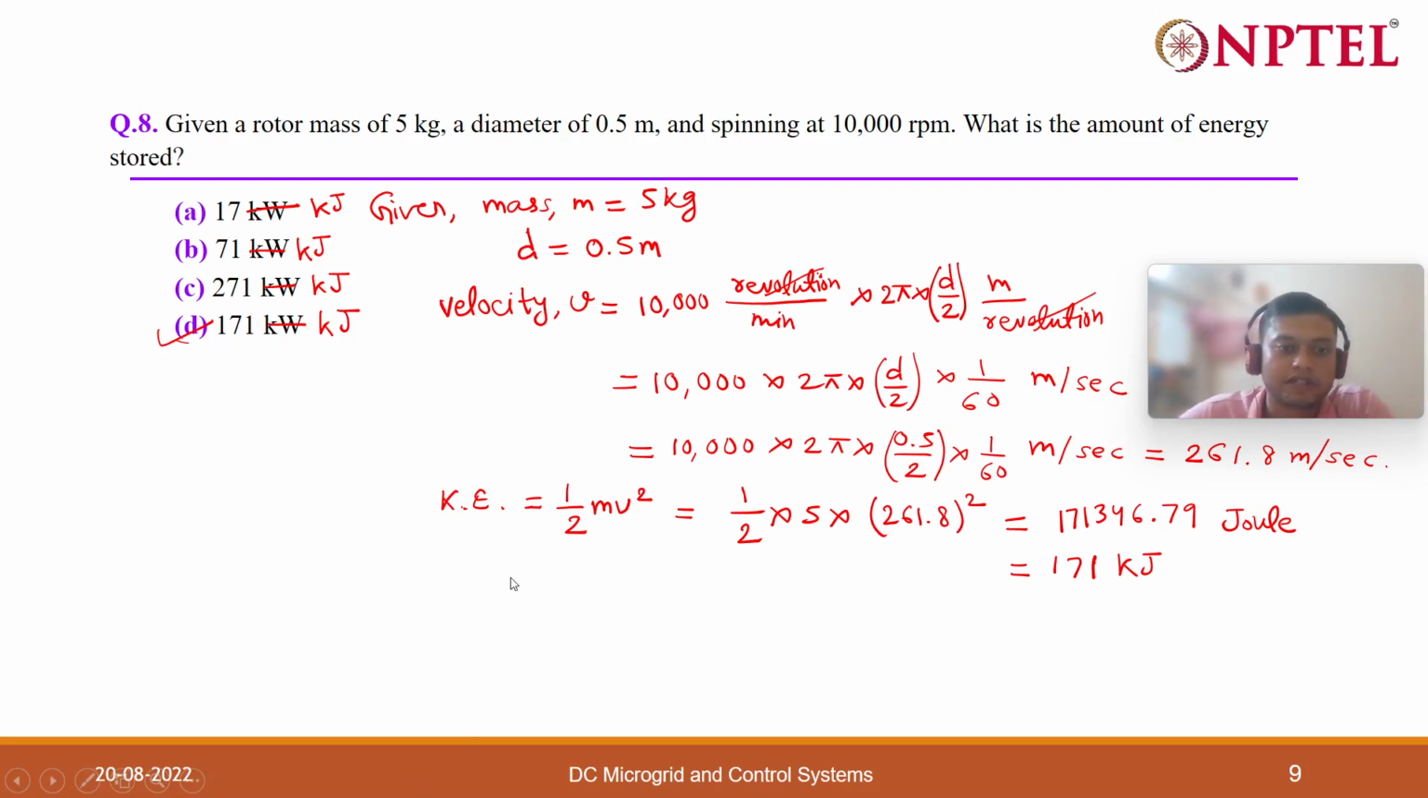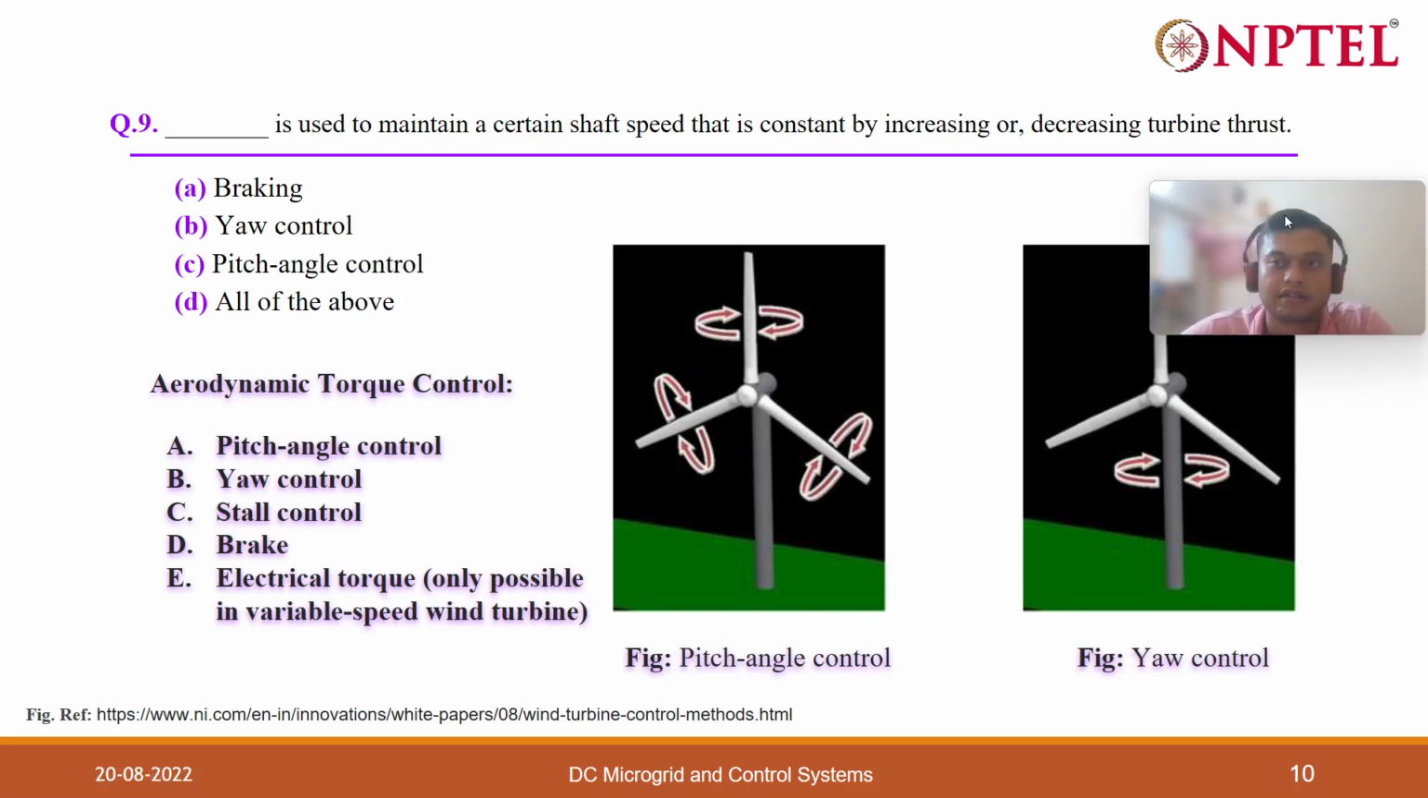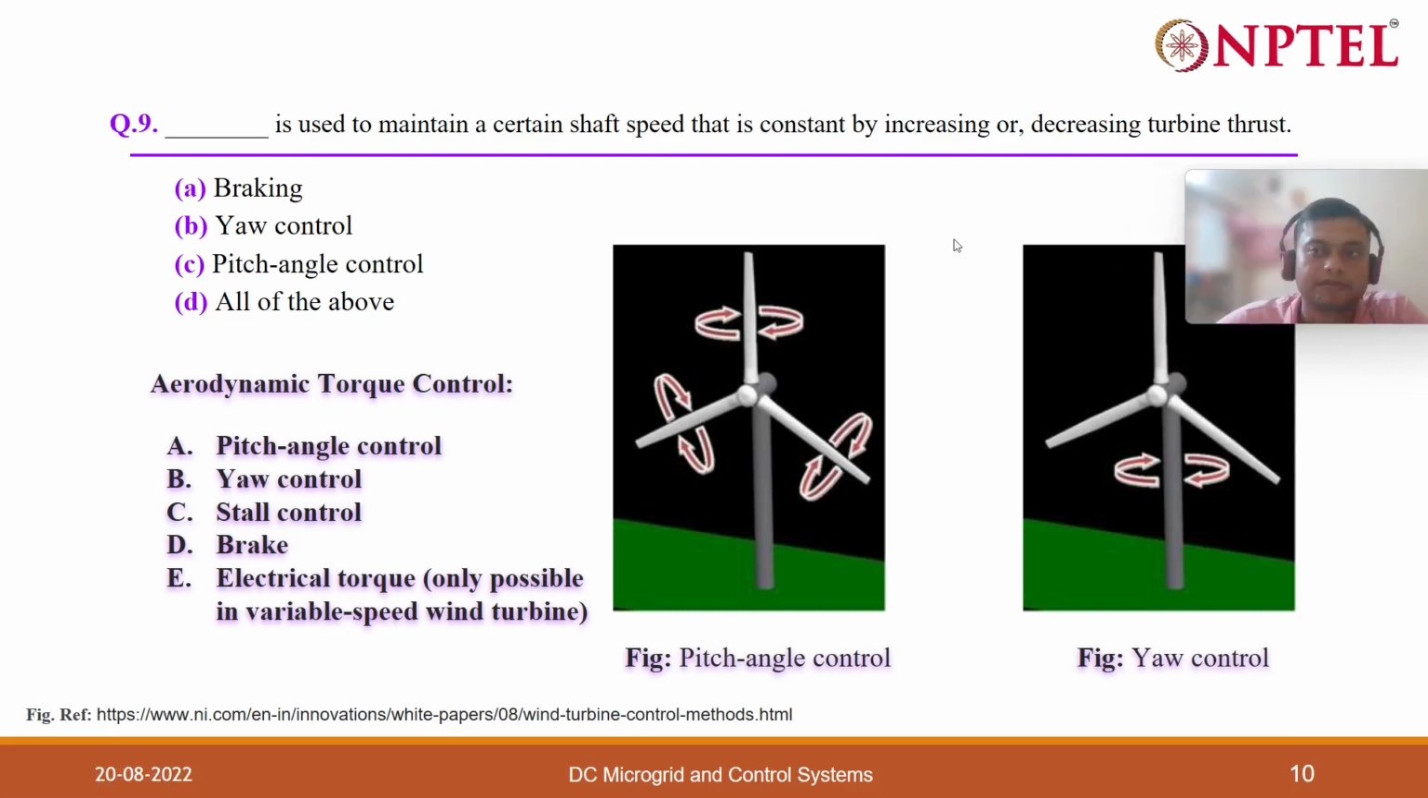So now let us go through the 9th question. Here it is asking which torque control is used to maintain a certain constant shaft speed by increasing or decreasing turbine thrust. First option is braking, B option is yaw control, C option is pitch angle control, and D option is all of the above. If you have seen this question from the wind power system,